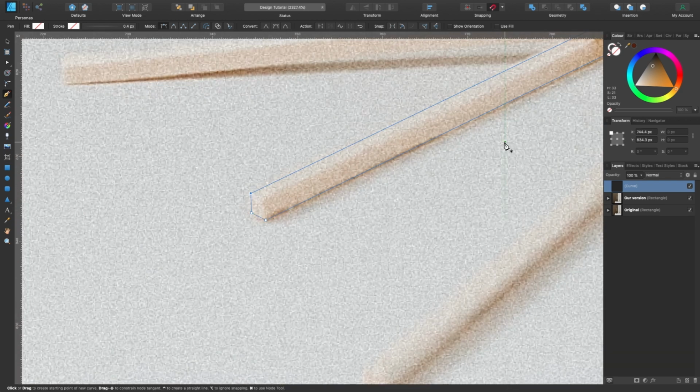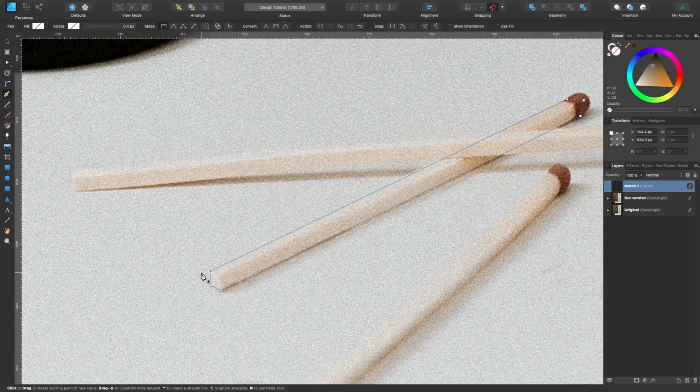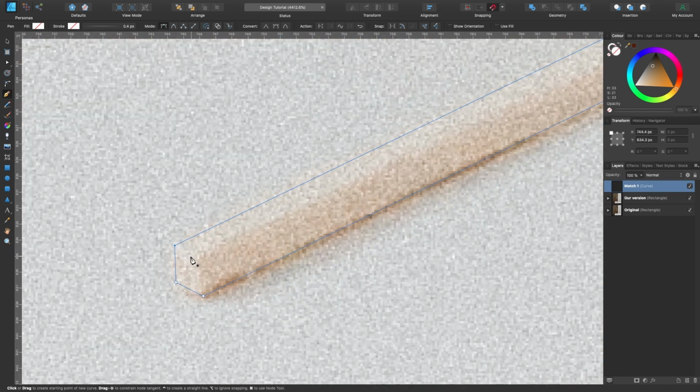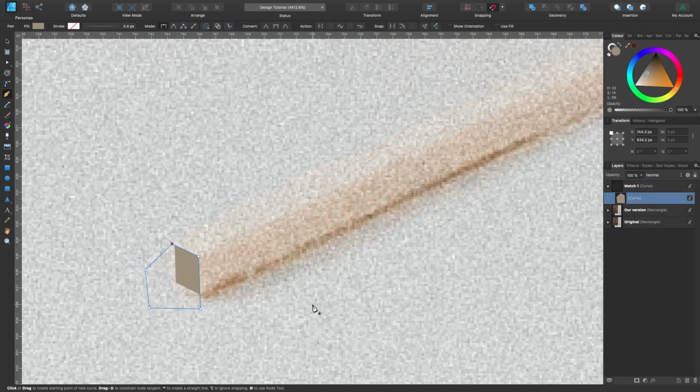Okay, so we've got our main outline. I'm going to call that match 1. And all the other shapes that we're going to draw are going to be clipped inside of here. So I'll start off by just clicking what I think is the outline. It can be messy from this point. Give it a color. Anyone can do. Then just click and drag that down and clip it inside, and there it is.